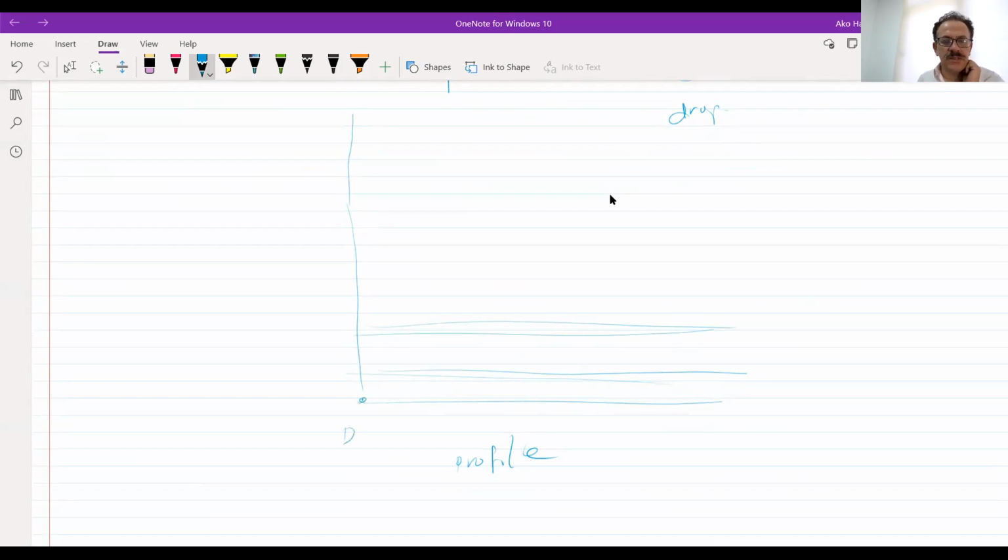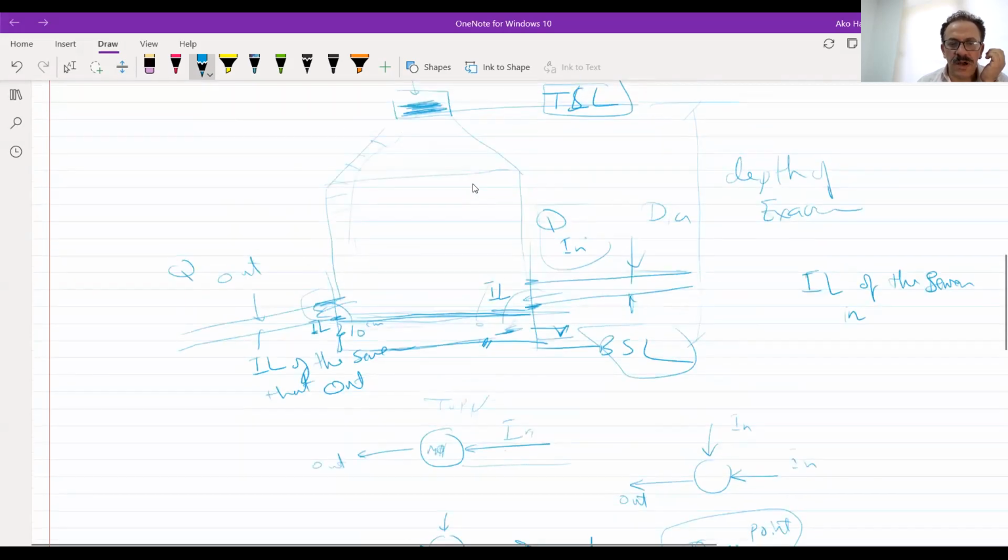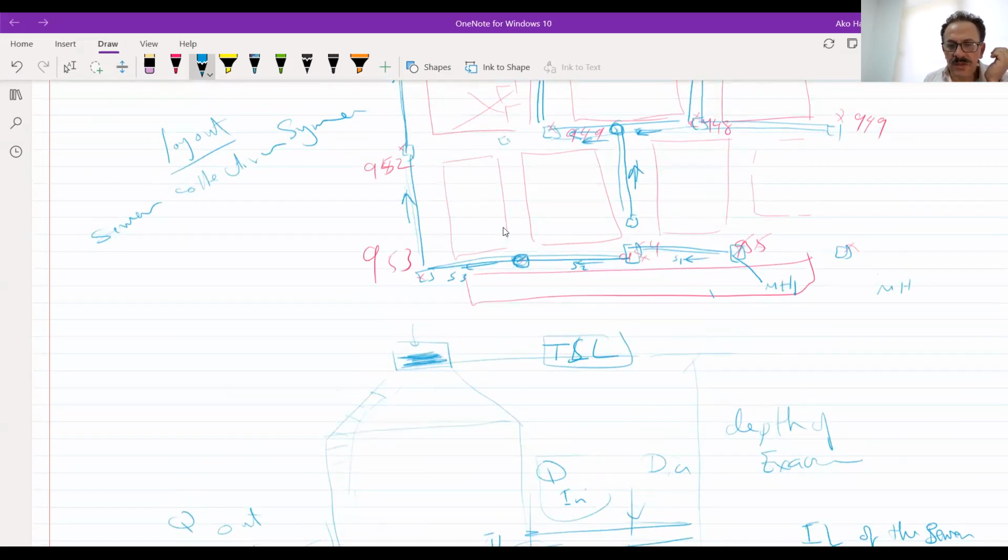In the profile there will be the distance, or let me say station: 0 plus 00, 0 plus 10, 0 plus 20, 0 plus 30, 0 plus 40, and so on. You also have this within the layout. So 0 plus 30 means station 0, 30 meters.